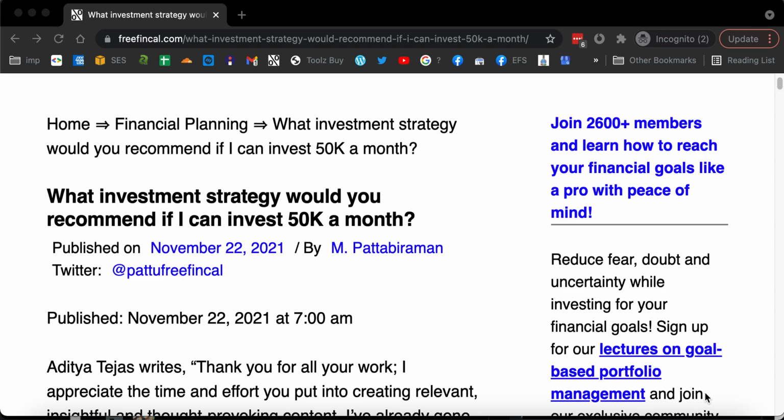Now, I started investing in low volatility stocks only after I became financially independent, after most of my long term goals were achieved. And like I said, my goal is to build a diversified retirement portfolio, where the stocks can give me income and so on. And I did it at a much later stage in my net worth than what Aditya is asking. And therefore, I would recommend not to do it.